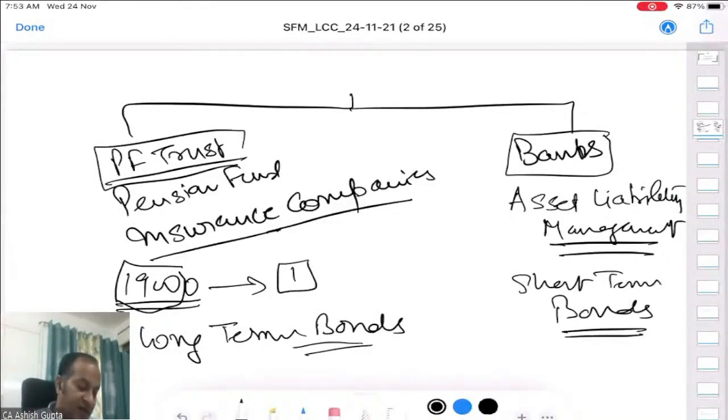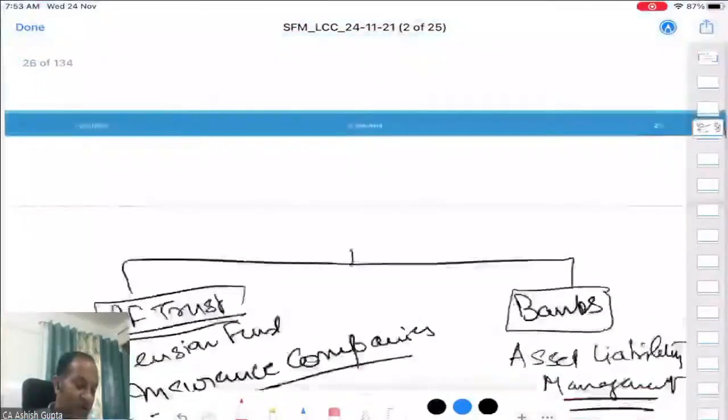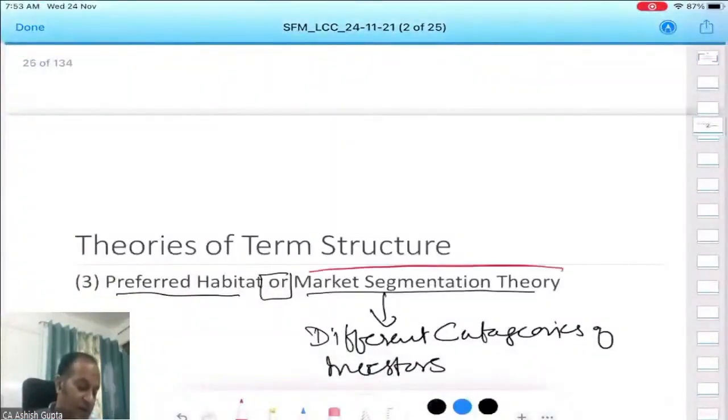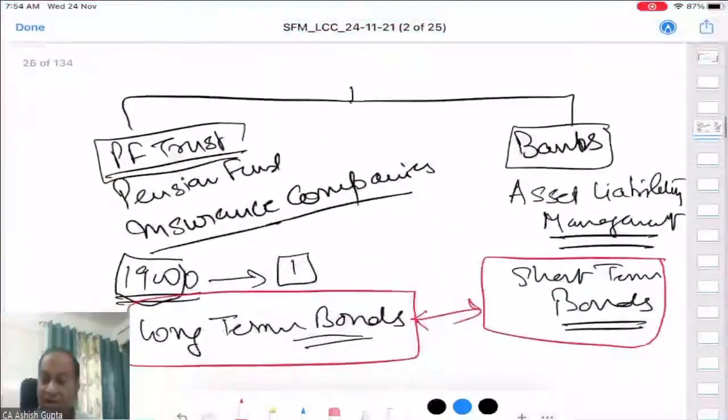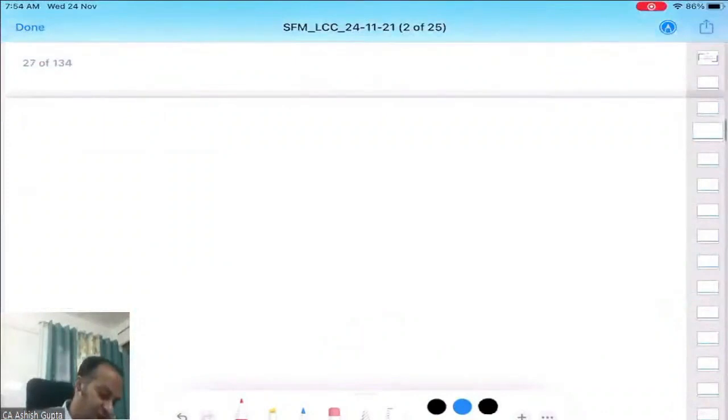So the difference between their choices, because this is a market segment, this is based on the market. This is called your market segment theory. It depends on the nature of the investors. Then there is another version of the same, although it is connected to it. This is called preferred habitat theory. As per this theory, I'm just writing here one line, then it will be very clear to you.